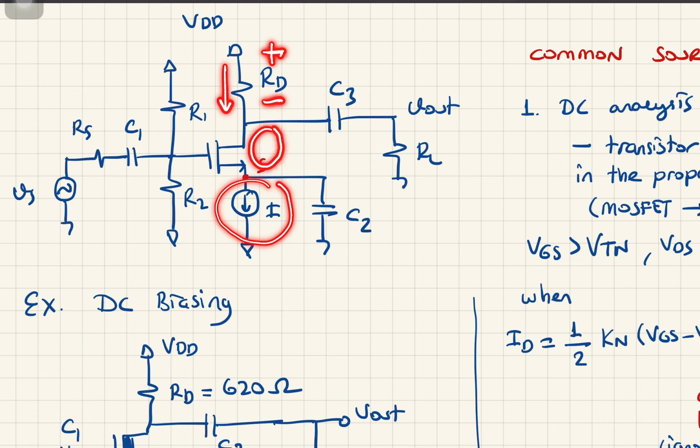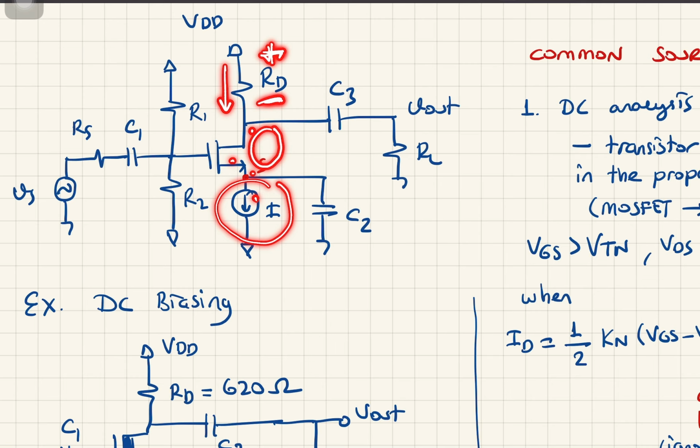Drain to source voltage of the transistor has a smaller room then. It's going to get smaller and smaller. But wait a minute, that's a problem, because if you decrease drain to source voltage of a transistor too much, then this transistor may get out of saturation, because the saturation condition was VDS should always be larger than VGS minus VTN. By increasing this current, you increase the potential drop across RD. VDS is decreasing, which means that your transistor after some point may get out of saturation,